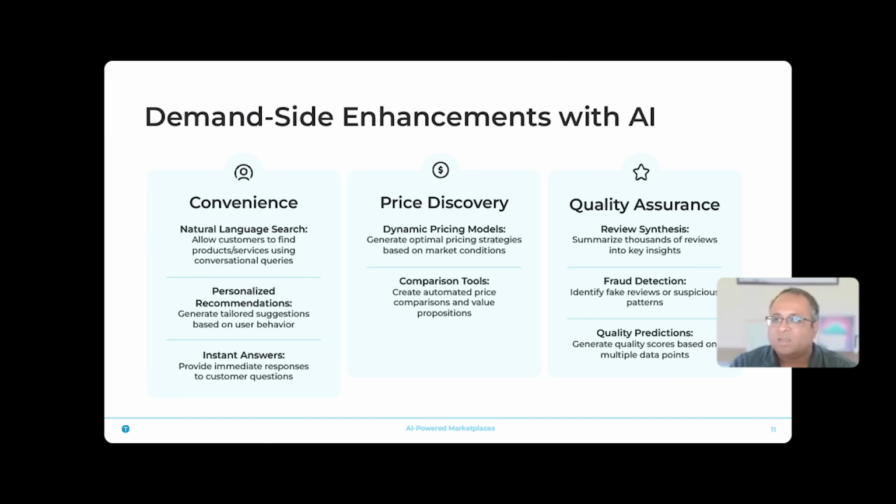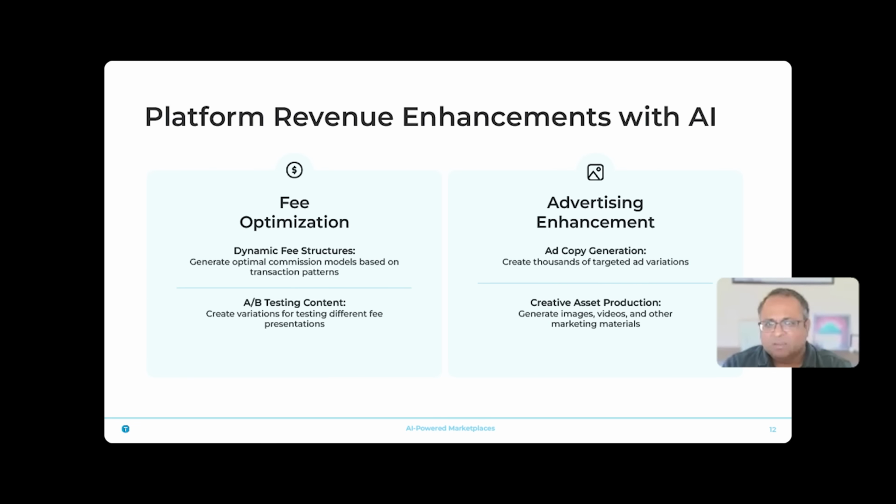So you can have synthesized reviews through AI. You can have fraud detection through AI. That is where I was saying you can easily spot a fake review, or you can easily spot through a video if a job was not done properly. And you can also have your own internal ways of generating quality scores as well. So there is so much work that has already been done for you. All you have to do is, again, imagination is the key here. I said don't think about monetization first, but monetization is one of the important things. So you can do so much on a dynamic fee structure.